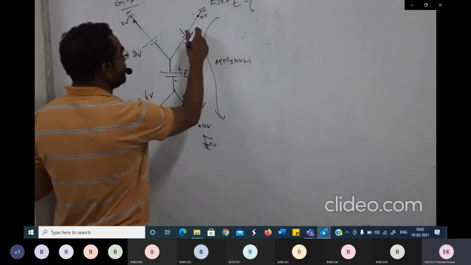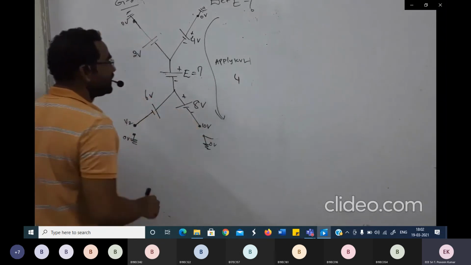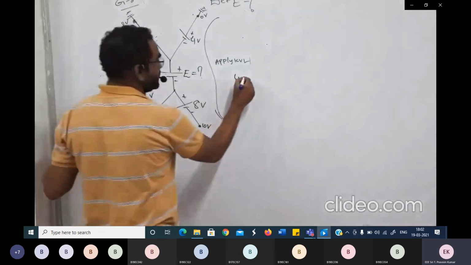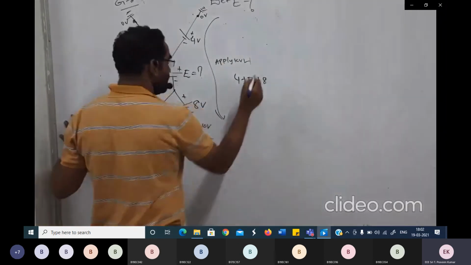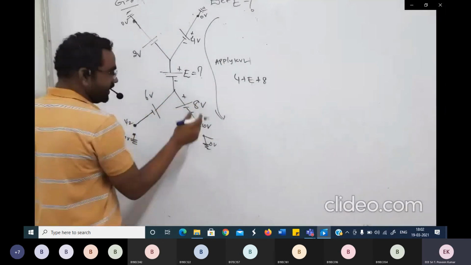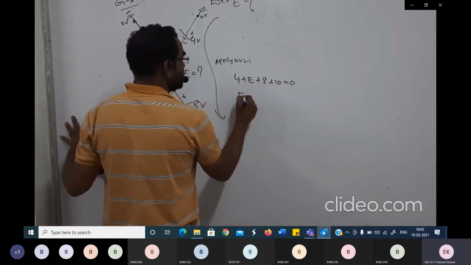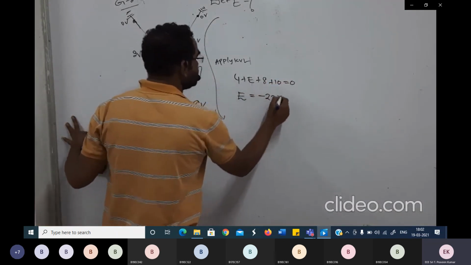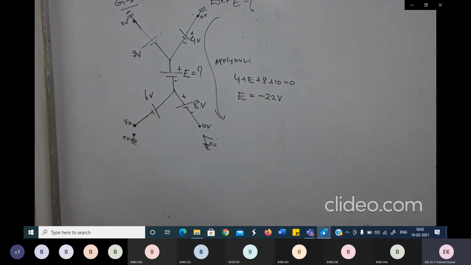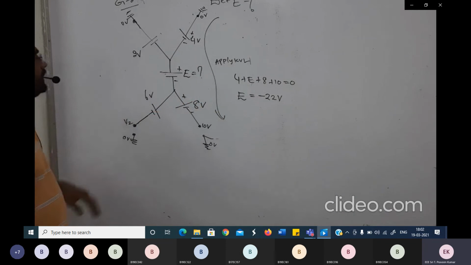Now can I say from this to this, plus to minus, it is a drop in voltage, which is nothing but 4 volts, plus 4. This is plus to minus. This is also plus E, plus to minus. This is also a drop. And this is also from plus to minus. So this is 10 volts, and this equals 0. Now what is that? I get my E equals 18 plus 4. This is minus 22 volts, is the answer, right? For what your E equals.